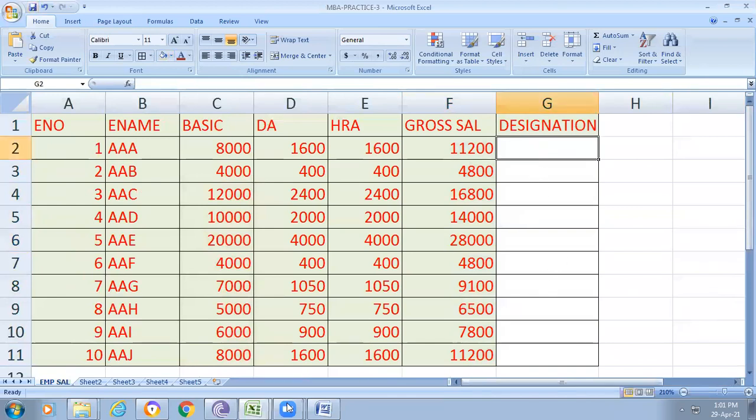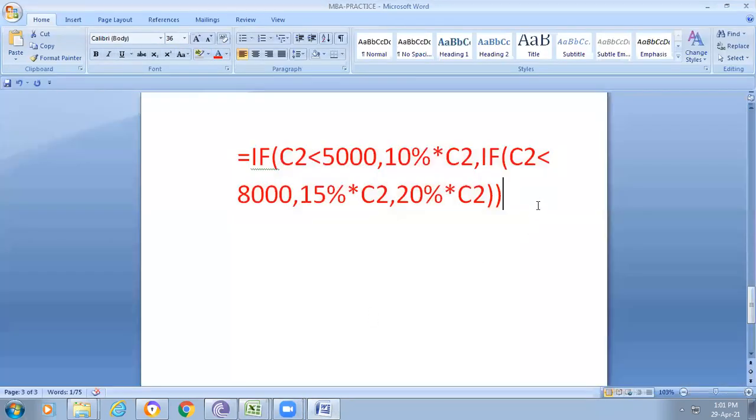Now how can we calculate the designation here? My assumption, it's my own idea, so don't worry, we can change our condition.